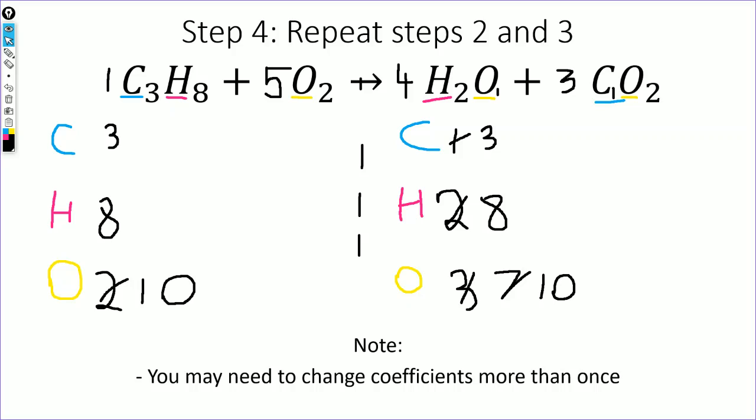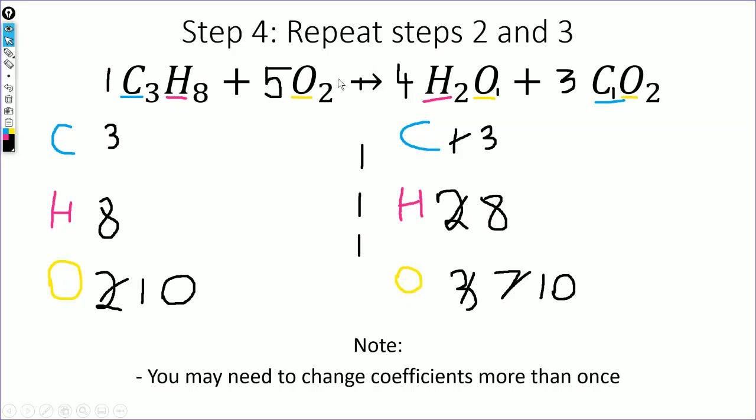But something to keep in mind is sometimes you need to change the coefficients more than once. Sometimes you have to change this to a 3, and then that screws up how many carbons are on this side. So then you have to change this, then you have to change this, then you have to change this. And you go back and forth until you finally get it